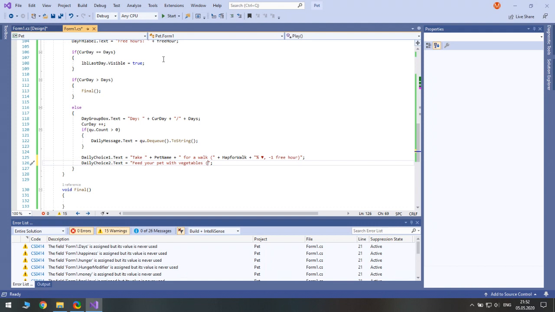That is plus 5%, plus 5% happiness, and minus, this should decrease the hunger, so minus 1% hunger, and minus some money, minus $1.